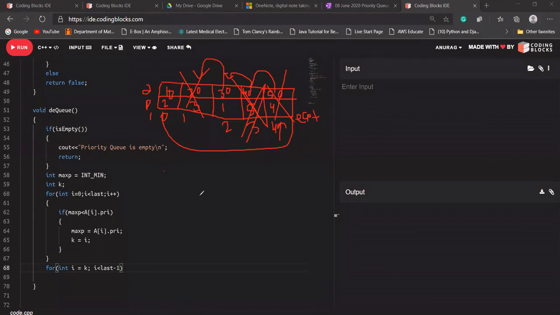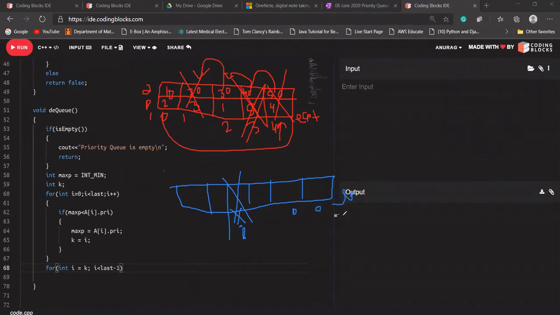Okay, so why last minus 1? Let's see, if there is an array 1 2 3 4 5 and 6, and let's say this is the pointer that is going to be replaced, meaning that is going to be deleted. If I start my loop from here, it should go up to here only, because the last is pointing to this node.